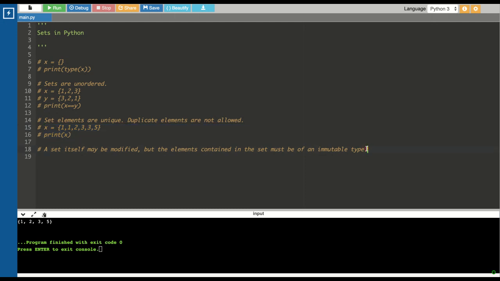Then number third, a set itself may be modified, but the elements contained in the set must be of an immutable type. What does this mean? You can modify a set, but the elements that are in the set you cannot modify them. Let's see.